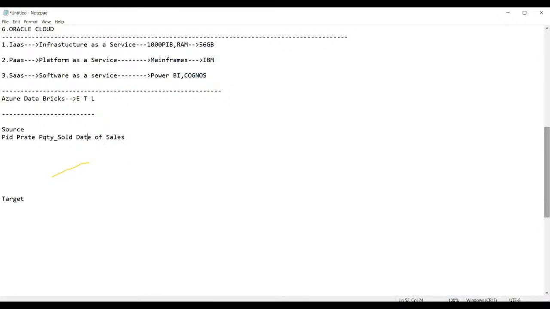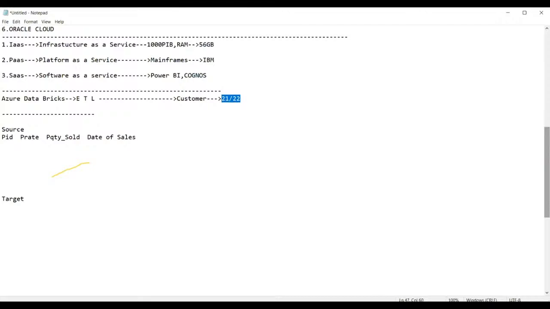Now, guys, here is the customer. The owner of the supermarket is a customer for us. The customer wanted to know what is the change in sales, or what is the sales difference on the 21st of this month and the 22nd of this month, whether the sales has increased between these two dates or not. He wanted to know that first of all.